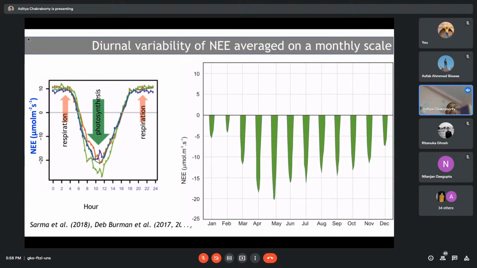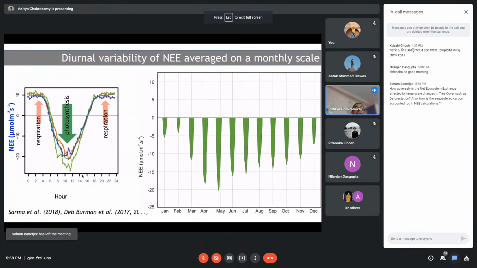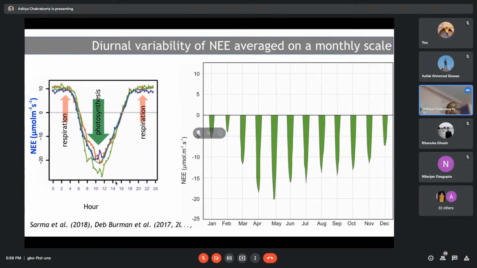As I told you, there is a photosynthetic process and there is a respiration process. Imagine you are measuring the carbon sequestration on diurnal time scales. For example, you start from 0, that is night 12, and go throughout the day to the next night 12. In that process, during the daytime, when you have sun and active solar radiation, the maximum amount of carbon dioxide is being absorbed by the plants. This is denoted by this green thick arrow. It is negative because it is coming from the atmosphere and going to the plants, which means it is acting as a sink.